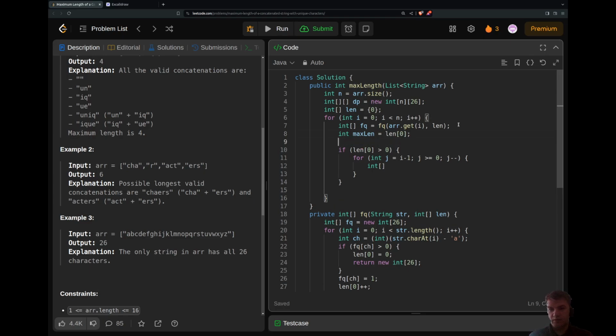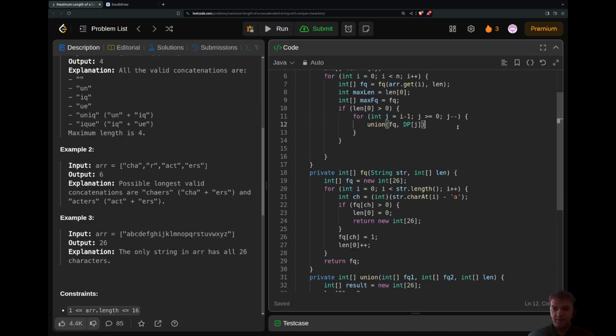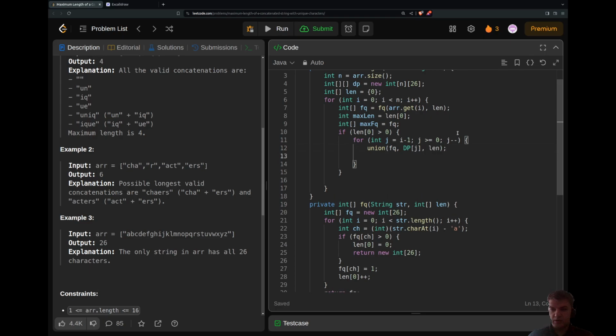And then int max fq equals fq, to do this union of fq with dp j, and then also len, and then if len 0, okay, and then